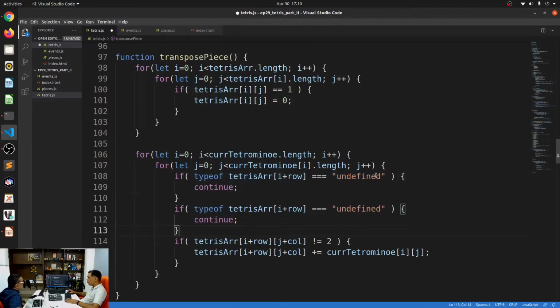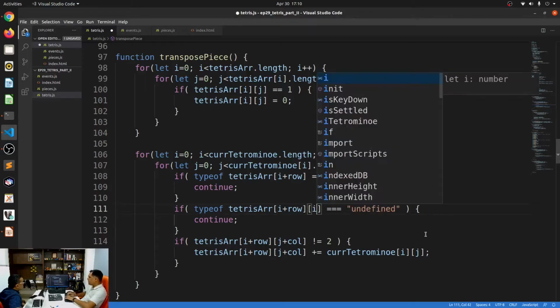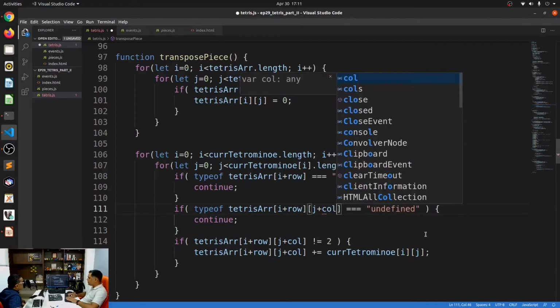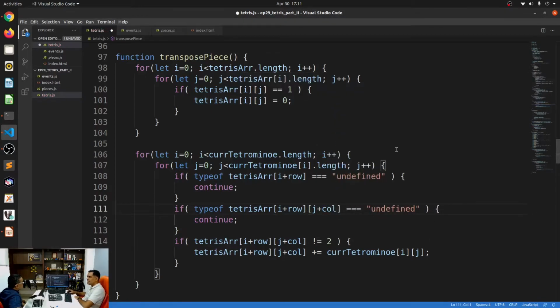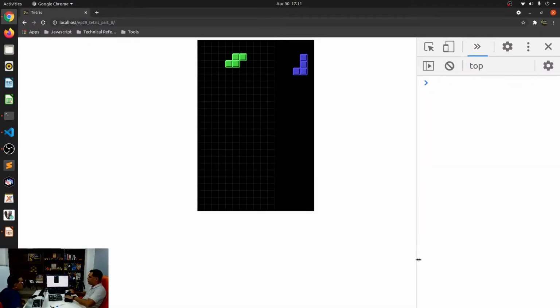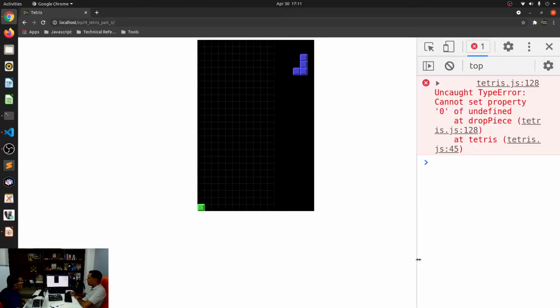If that row doesn't exist, then don't do anything, ignore it. And the same thing goes for that specific cell also. So just j plus col. Okay, so these two conditions should essentially make sure that when we are transposing it, we don't transpose off into Tetris array values that don't exist.